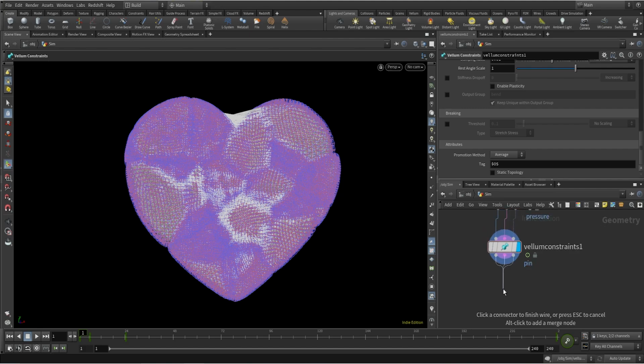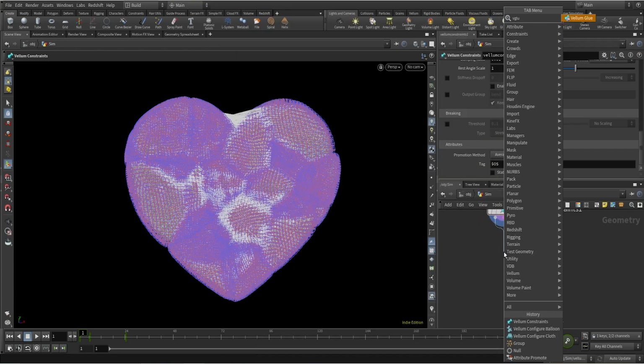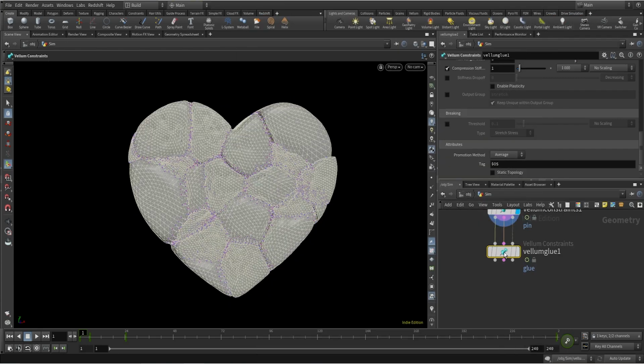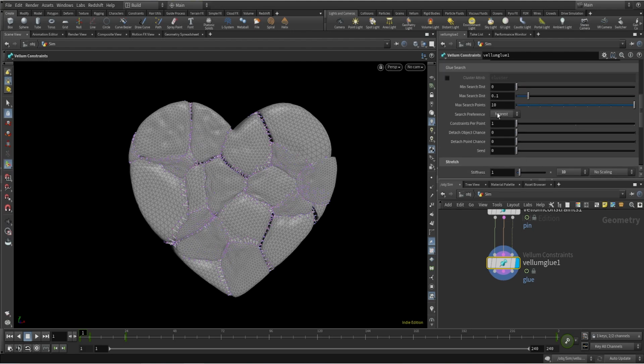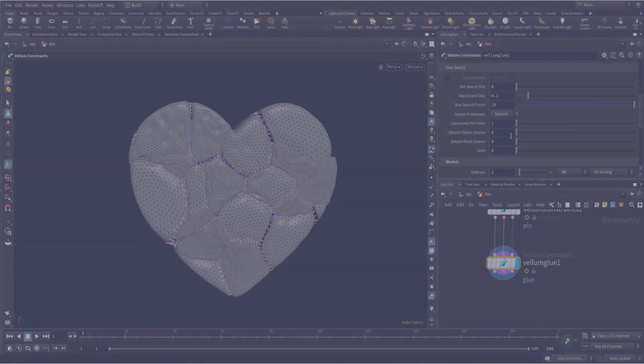now we'll use a Vellum glue constraint, and with the help of the Vellum glue constraint, we will make sure that all these separate geometries will be attached to each other. They'll be glued to each other, and they will not separate from each other. So I'll keep the